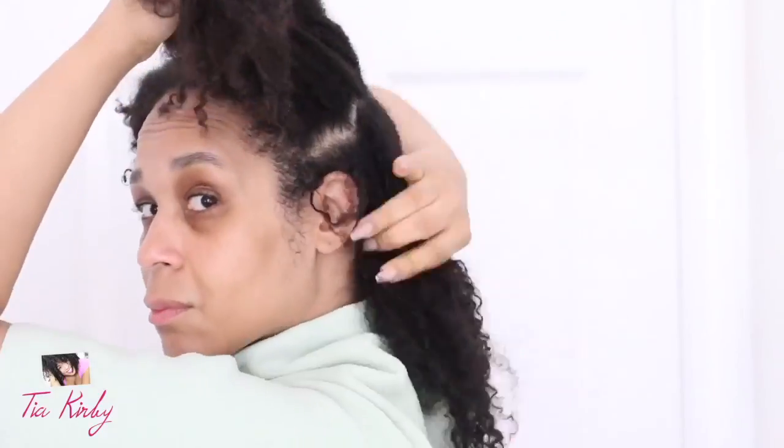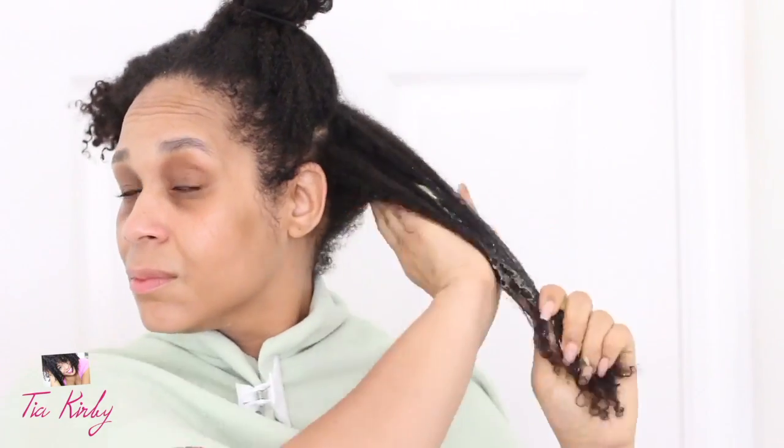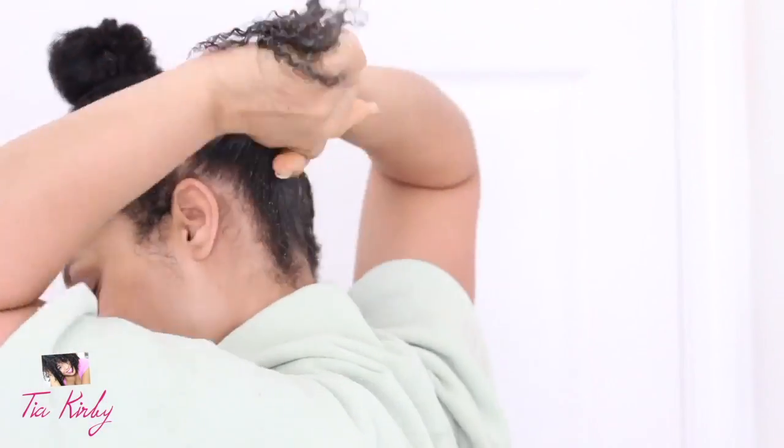I'm parting my hair in 4 sections and splitting them off. Then I'm going to give this a stir and get ready to apply. I'm starting, of course, on the lower sections. I want to make sure that I concentrate on the ends, work my way all the way up to the